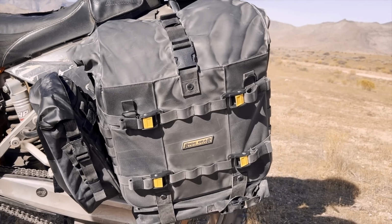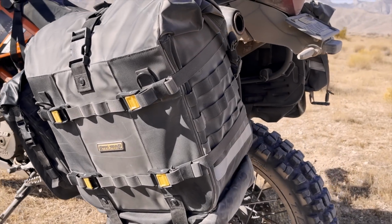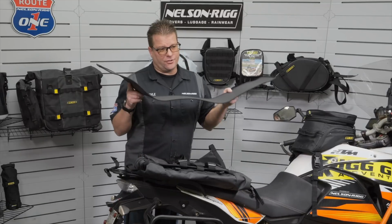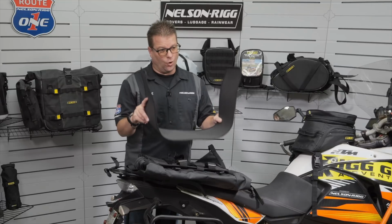Now that we've covered the features and benefits of these Trails End Adventure saddlebags, let's show you just how easy they are to install onto your motorcycle. The first thing you're going to notice is 2 saddlebag stiffeners. These are our internal stiffeners that allow our saddlebags to hold their shape